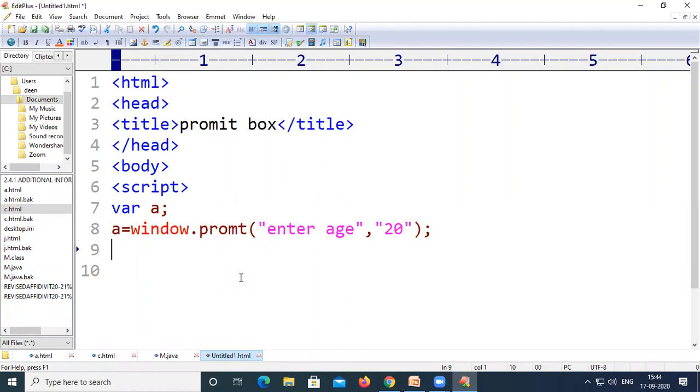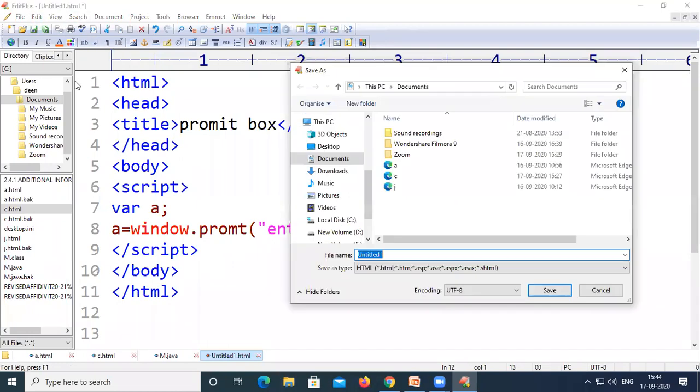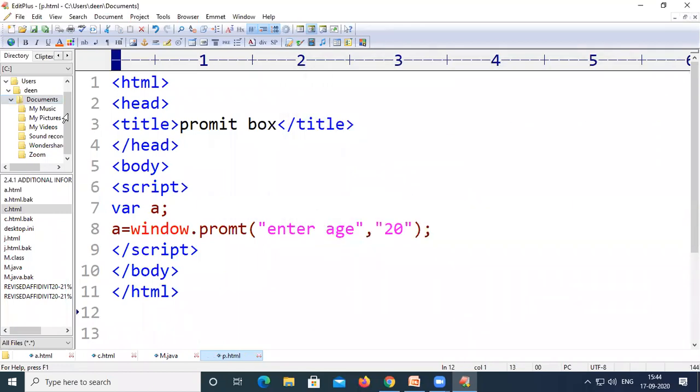Now let us close the script tag here, and then close the body tag, and now the HTML tag. Right, now let us save this code. Let us save this code as p.html, where we are working with the prompt window. I have saved this program as p.html.